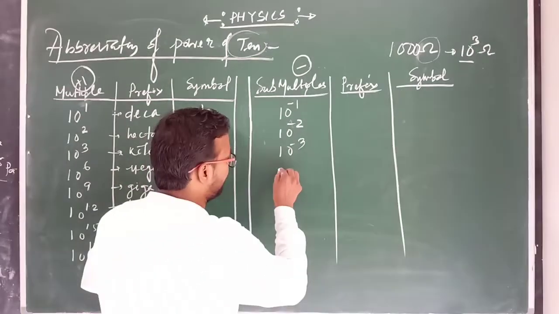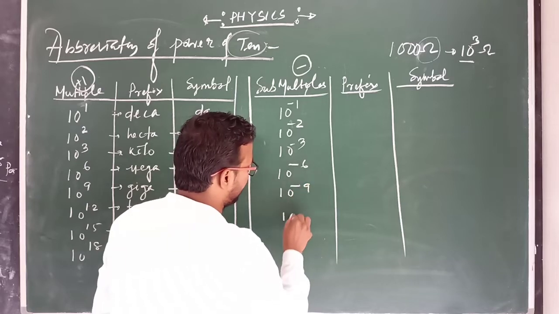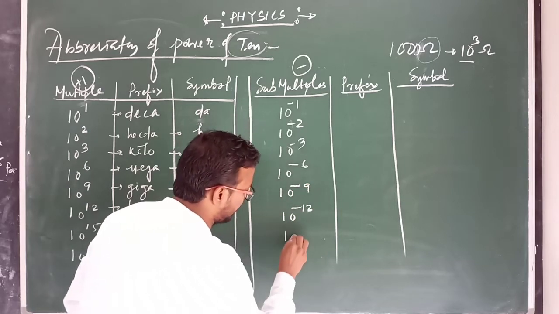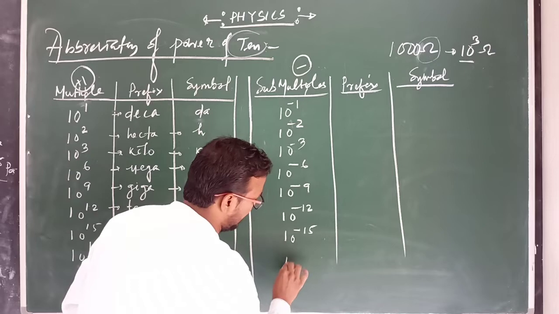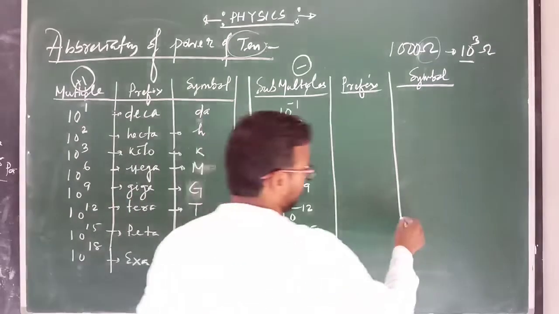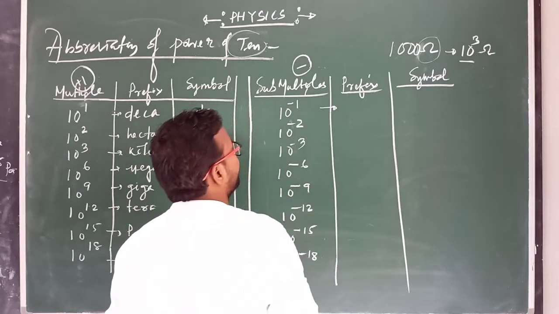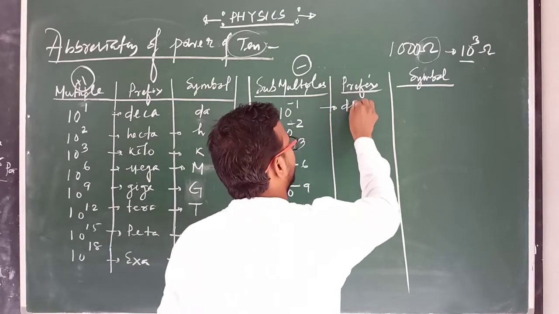Similarly you can write here 10 to the power -6, 10 to the power -9, 10 to the power -12, 10 to the power -15, and 10 to the power -18. Clear? And now we have to write its prefix. Here 10 to the power -1, we can write here deci,